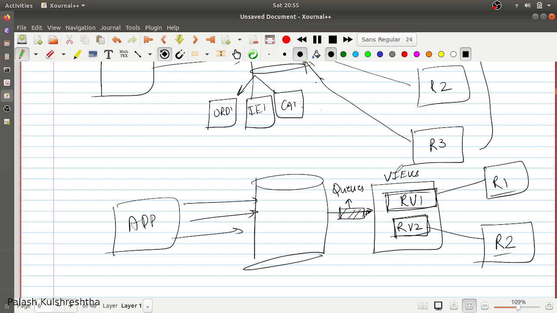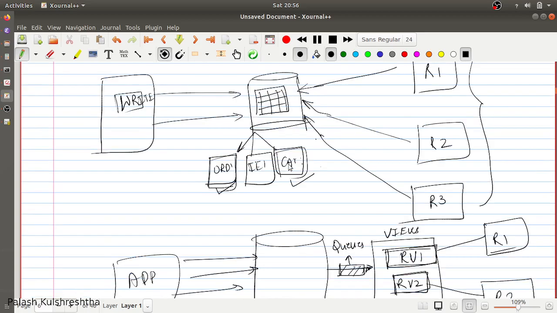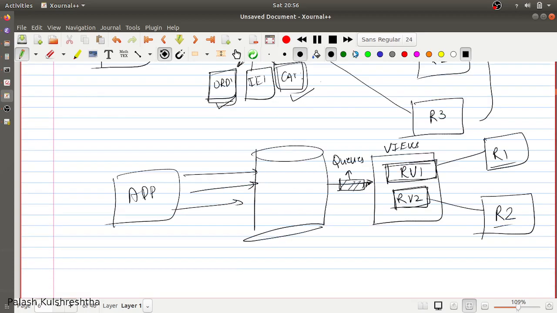For example, if R1 wants to access order data and catalog data, currently what it has to do is write a complex query over this database, and it might not be an optimized query because of the indexes that are present in a write-optimized database. So what you can do is create a view over order and catalog, so that order and catalog information are present at the same place, and you have created indexes